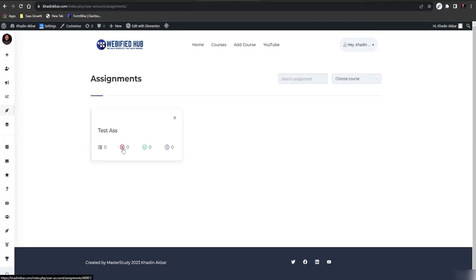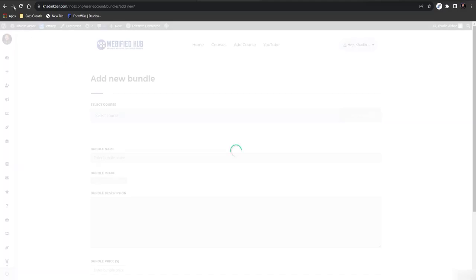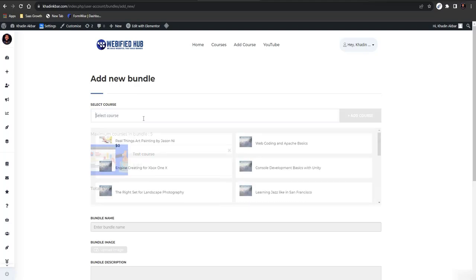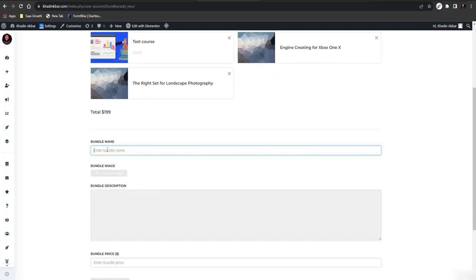Then the dashboard, in the dashboard you can see how many failed, how many passed. And then you have these bundles. You can create new bundles from here, add new bundles from here, and course bundles, and you can sell those bundles. Like I'll add this one, I'll add this one, I'll add this one, and then I'll name it test bundle. And then I'll upload an image,